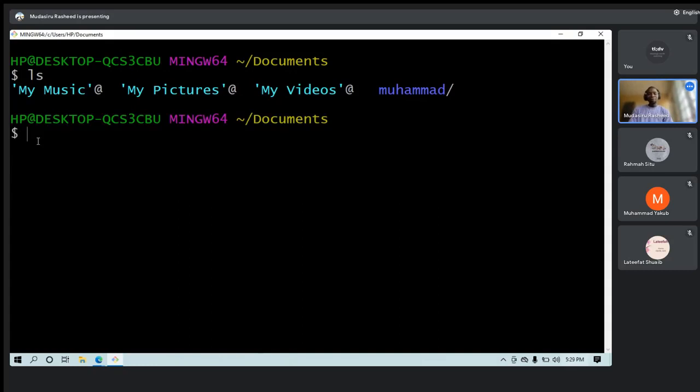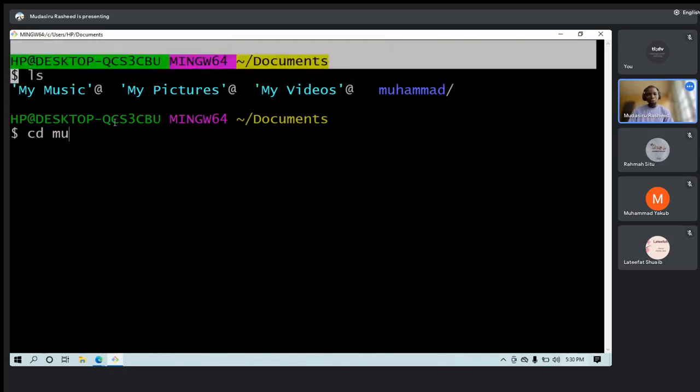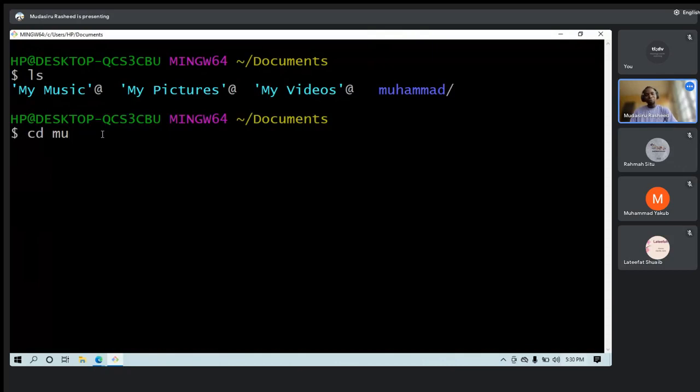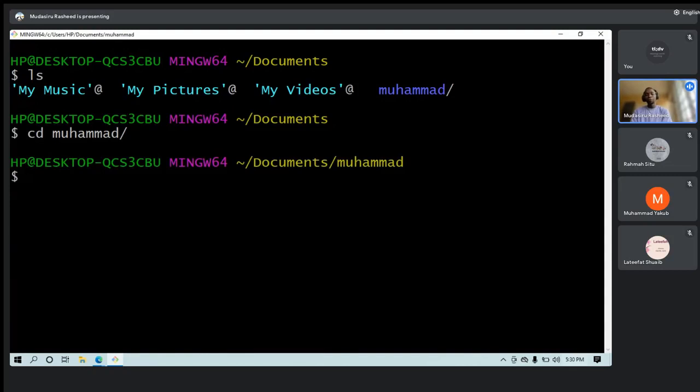Now my cd command will come in handy. I want to go into the Mohammed folder that I created. I will just say cd. If I want to go to a particular folder, I type the name of that folder with cd. Then I type M, and looking at this, there's nothing else that relates to M. So I can just push the tab key for auto-complete, and boom, it completes Mohammed for me. This is what I want. I can push enter. Now I'm in the Mohammed folder, so I can do anything I wish to do from here.